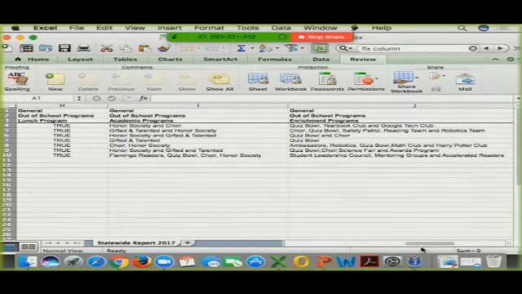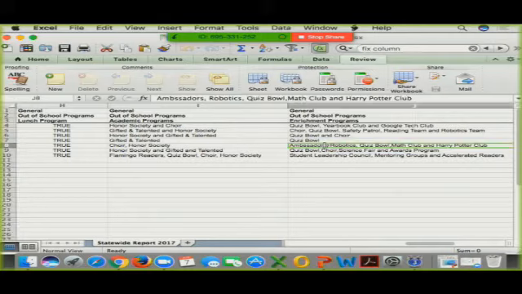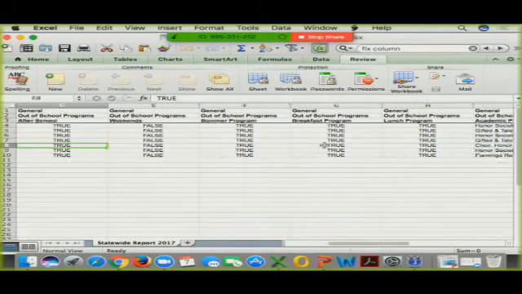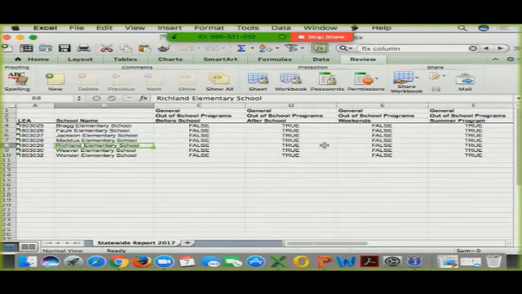And you can sit here and compare. Like if my kid's interested in robotics, this is important to me and I couldn't have found it anywhere else. If my kid wants robotics, and I'm located in the West Memphis School District, I can look and compare each one of these. I can see what kind of out-of-school programs they offer, which enrichment programs they offer, and I could see robotics is listed at Richland Elementary. If that's important to me,